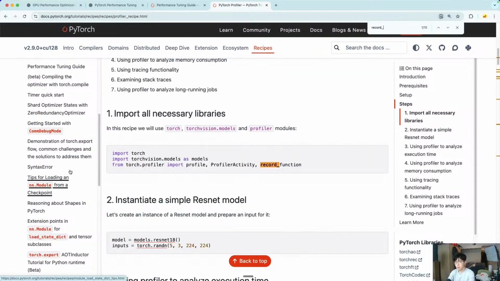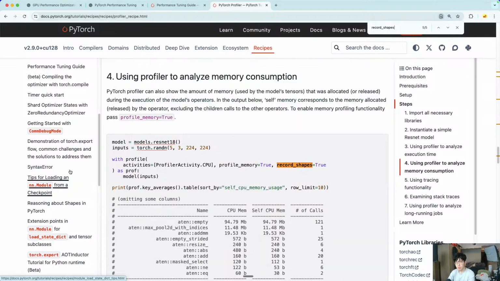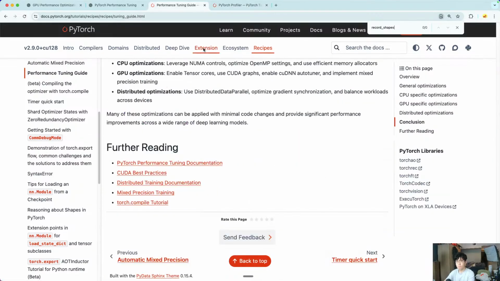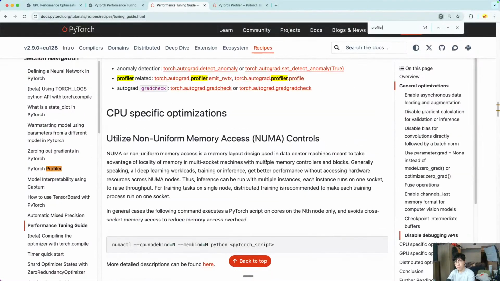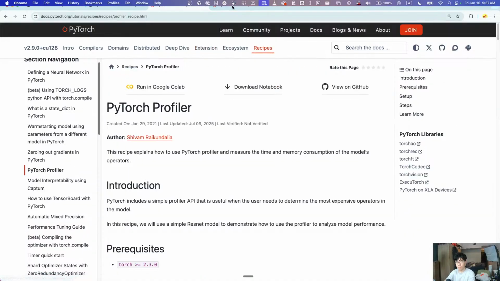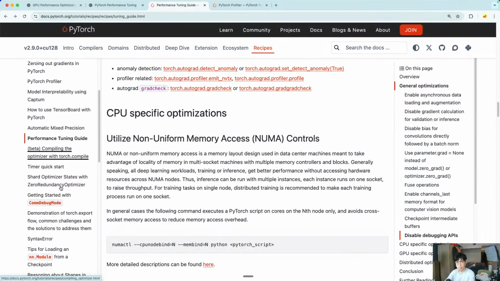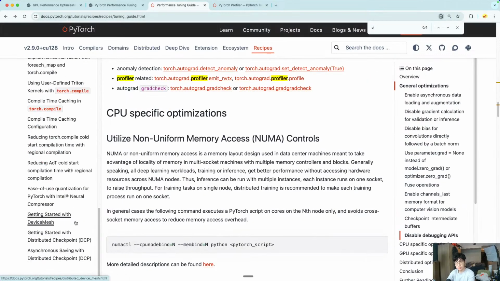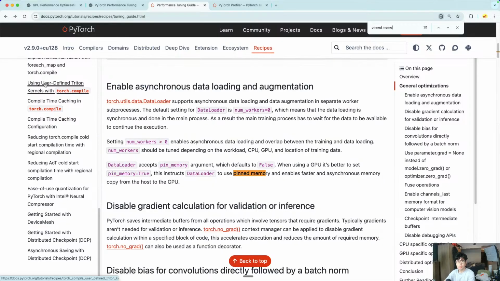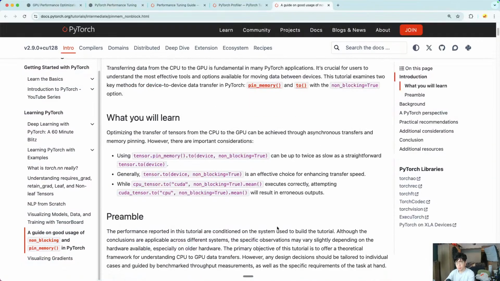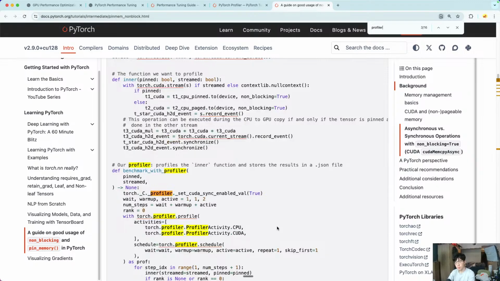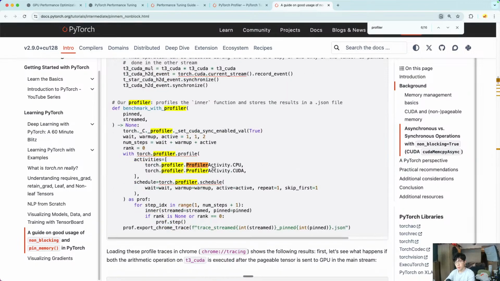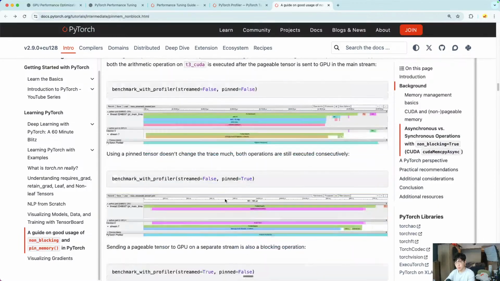But is it here? That's the same as this, right? Okay. Okay, so when they profile,